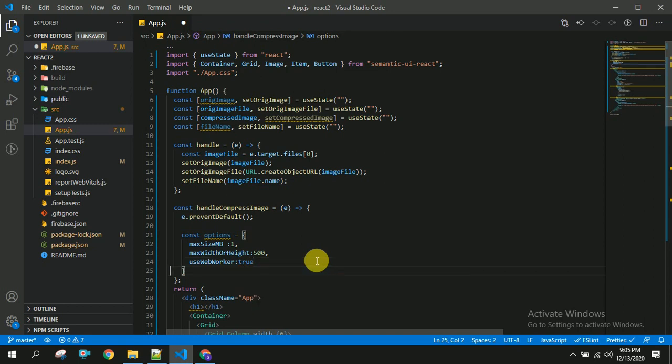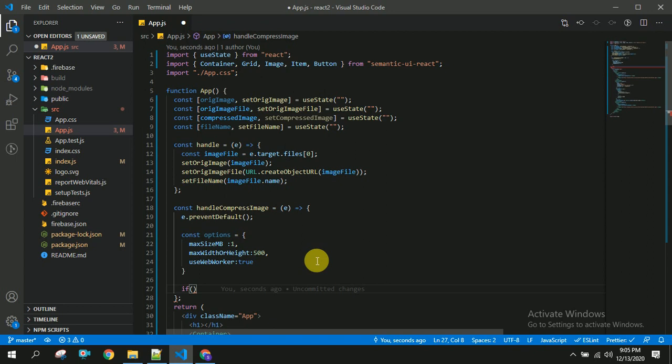And after this I am going to check the condition whether the selected image is less than this minimum size. So options dot max size in MB should be greater than or equal to original image. So this is 1 MB.